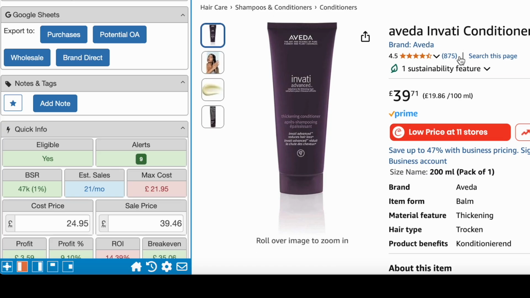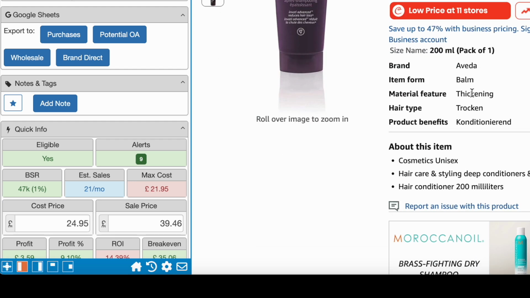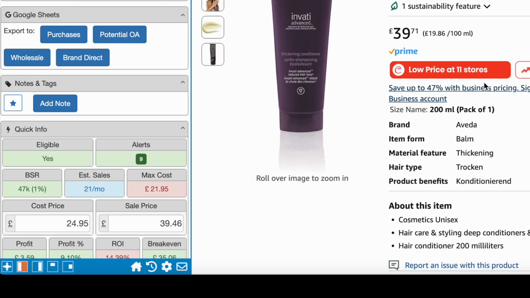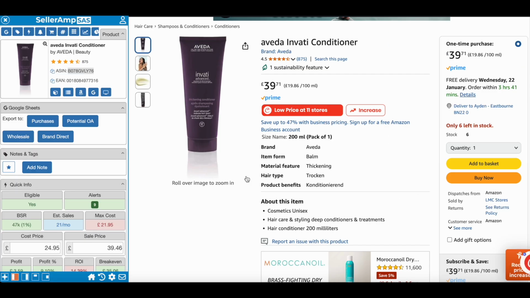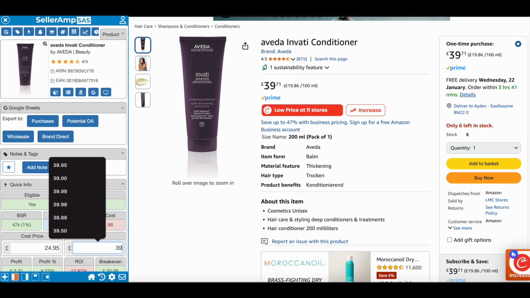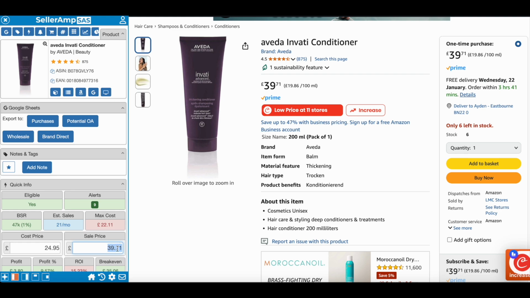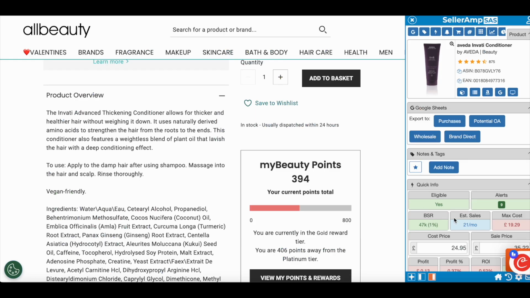I'll go back to the Amazon listing and see that it is thickening. So we've already checked off that this is the correct product. Now we want to make sure that the buy box matches exactly to what it actually is now. So you can go 39.71. You then want to check this